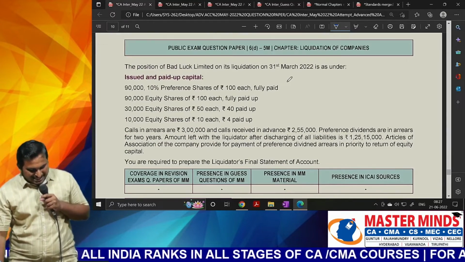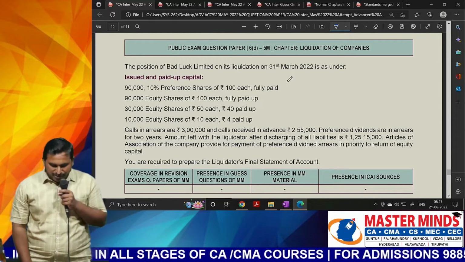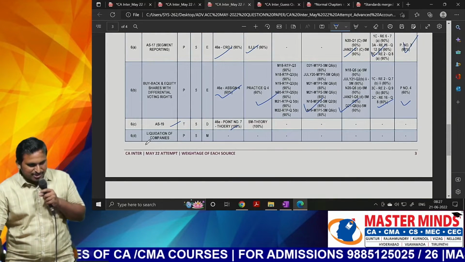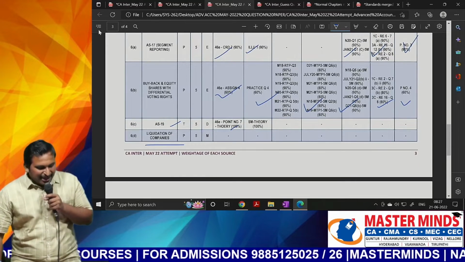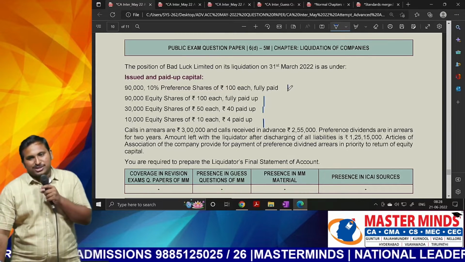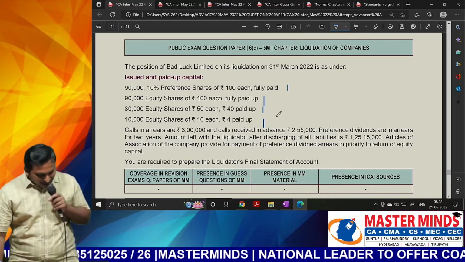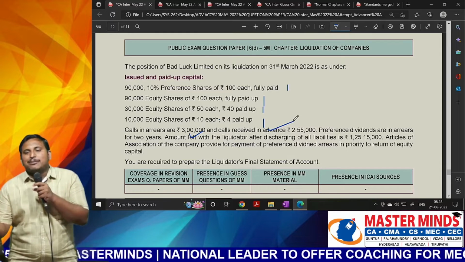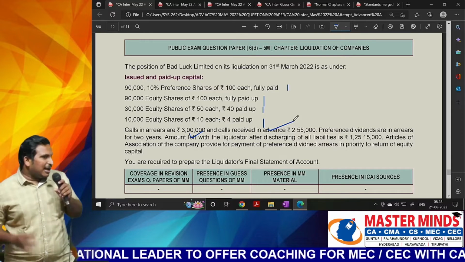Question number 6D. It is based on liquidation of companies. I think this chapter was not completed, right? Anyway, let me show you from where it was asked. Look at the question, sir. It was not there from any of the sources. Actually, we have this concept, sir: if at all they are different paid up, what to do? That concept was there. 70% of the question can be answered, sir, frankly speaking. These points, calls in arrears, calls in advance, used to be in separate questions, sir, instead of a single question. So here they have asked it in a single question.